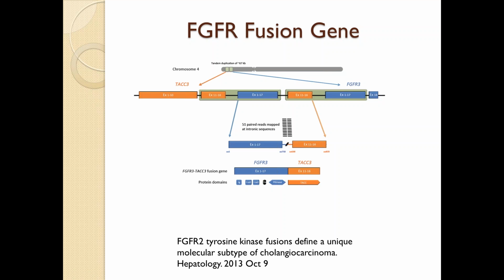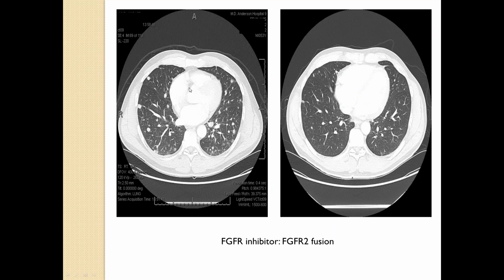Before we go into BAP1 mutation, I want to discuss the value of molecular profiling and its implication on therapy. So for instance, in 10 to 15% of cholangiocarcinoma, we have now found there is a fusion of FGFR, where the FGFR gene is fused with another gene, in this instance called TAC3. There are specific inhibitors to this mutation in clinical trials now, and this is, for instance, a patient in